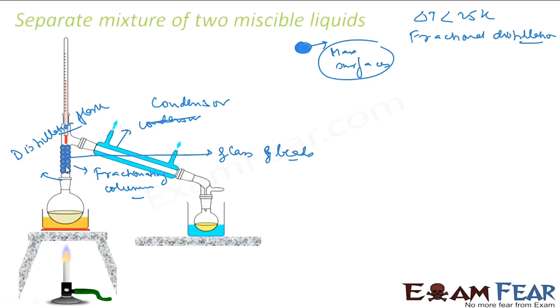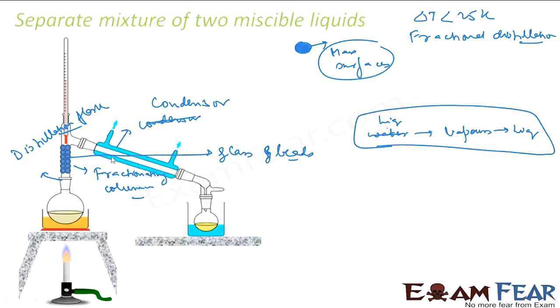So with that, it is a repeated distillation. For example, what is distillation? Let's suppose you have water here. You heat this, it converts into vapors in this pipe. Then you cool it back and again get liquid. So you have liquid, then gas, and then liquid. This is one distillation. What we are doing here is providing these glass beads,